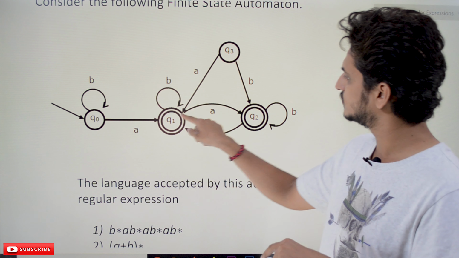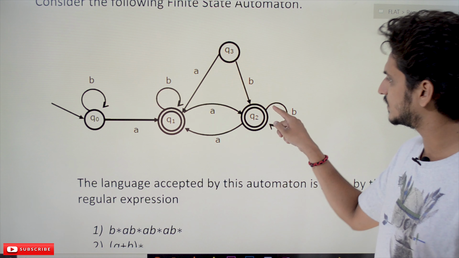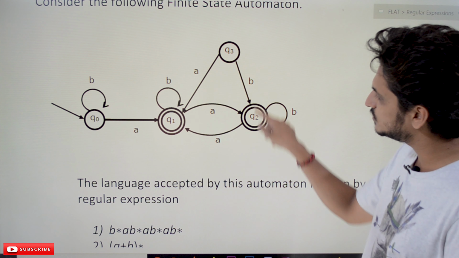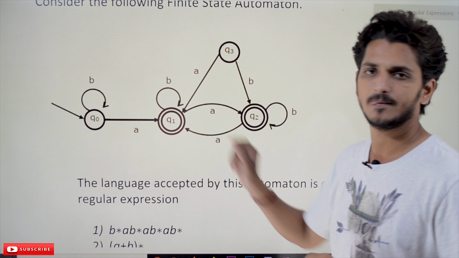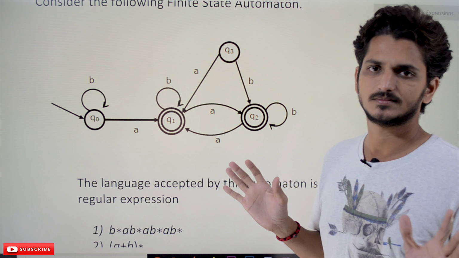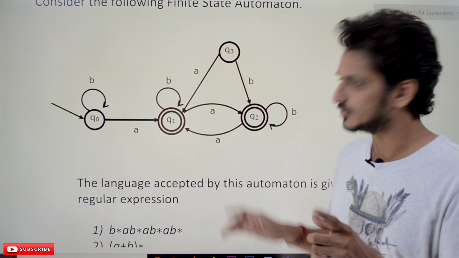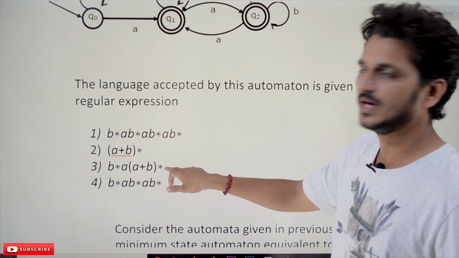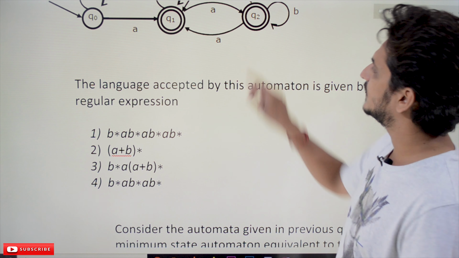After moving to the final state, whatever you see, if you see b, we are staying on Q1. It is accepted. If you see a, we are moving to Q2. Q2 is also a final state, so it is accepted. If you see b, accepted. a, accepted. It keeps on looping here. Any string after finding b star a is accepted. That is given as (a plus b) whole star. So the regular expression is b star a (a plus b) whole star. Third one is the output for our given finite automata.